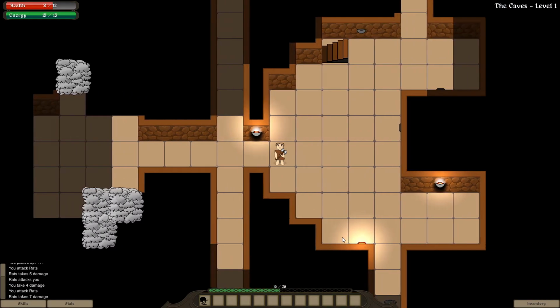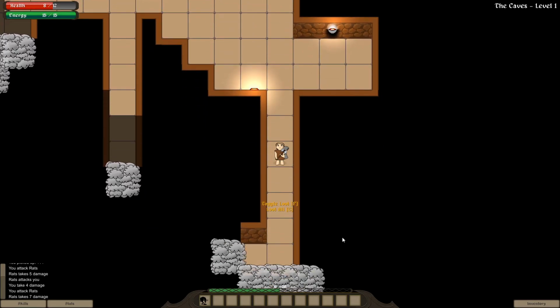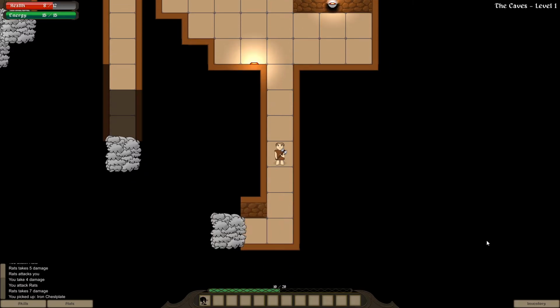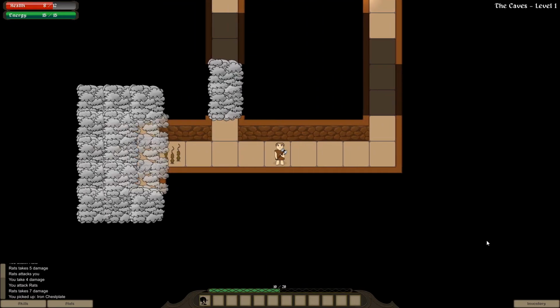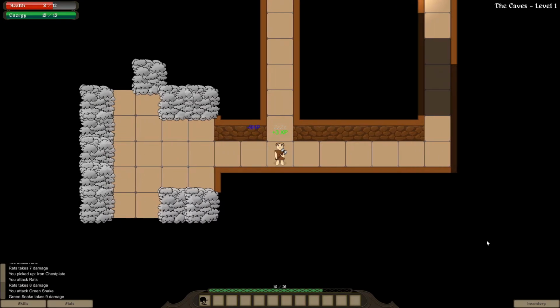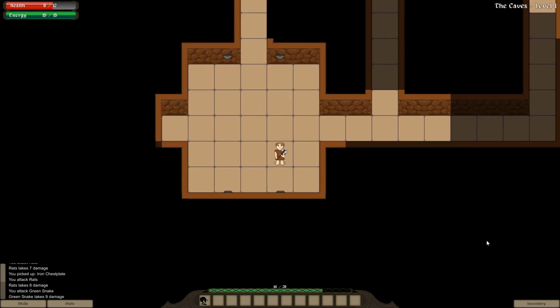So there goes the rats. So here's some iron breastplate that basically gives me 2 armor. Unidentified ring. I like the fact that some things are unidentified, but some things aren't. Though that could be like...